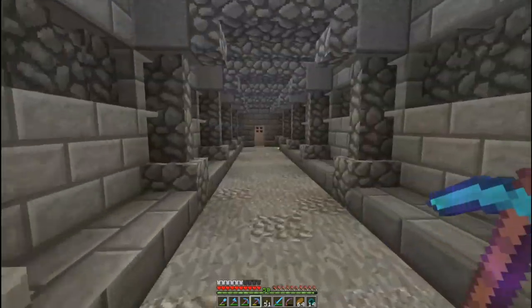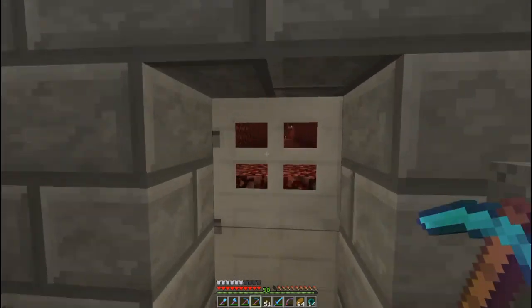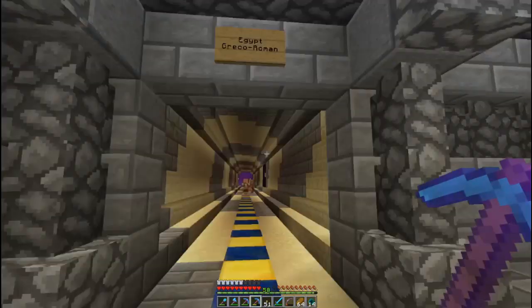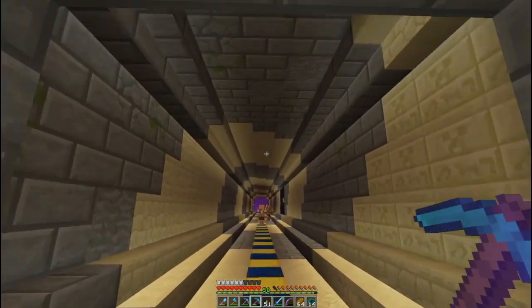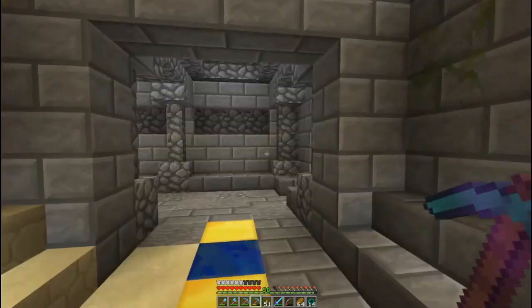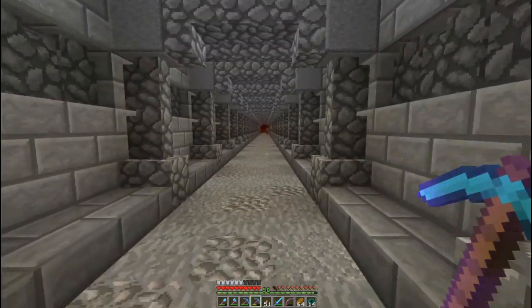Not a huge base, but it's still something that needs to be accessed. And then we've got the main entrance into where the mining desert is and stuff like that. So this is the entrance into our area. I'm still thinking about possibly putting stairs on here,